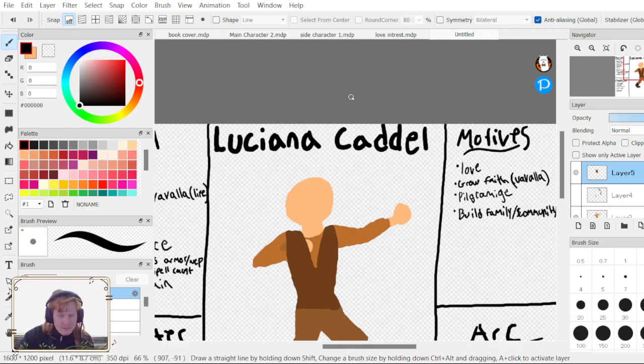So it's basically like jobs, right? So Lucina Cadell would potentially be like a cattle farmer, because honestly, how I first wanted to pronounce that is Lucina Cattle.